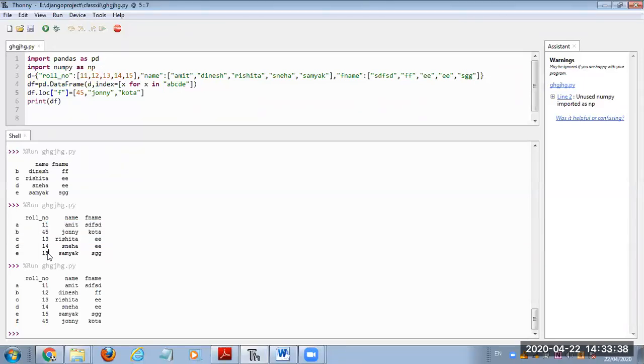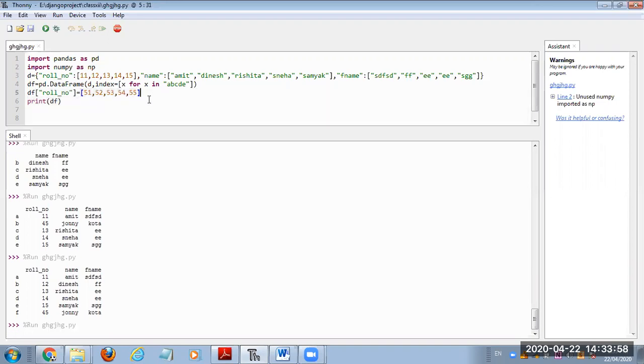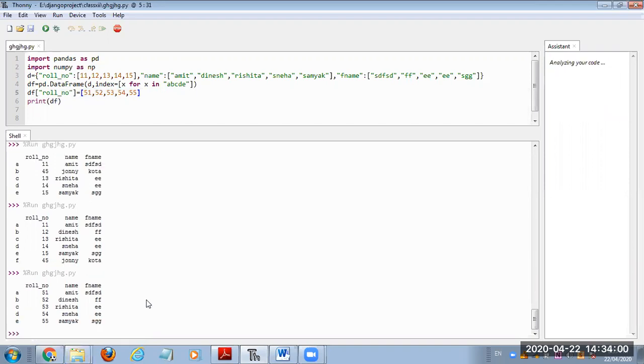By the old method, I can do df, then in the square bracket the roll number, then equal to 51, 52, 53, 54, 55. I can do this very simply. It will simply change the roll number column.